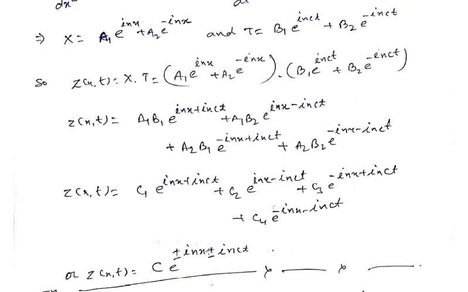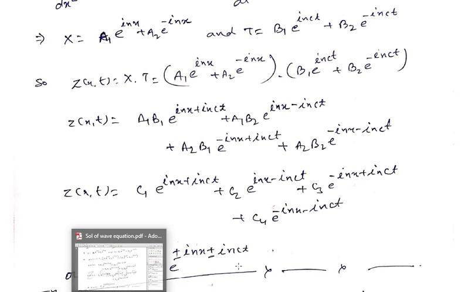When we choose both positive we get the first term, when both negative we get the fourth term. When we get positive and negative we have the second term, and negative and positive we have the third term. Hence, what we have proved is that the solution of the one dimensional wave equation contains the term exponential plus